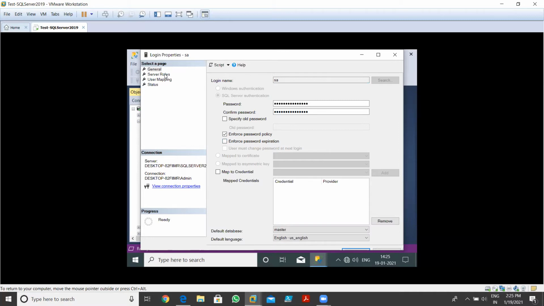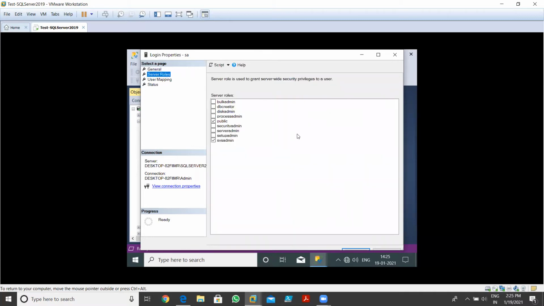Next we have the server roles option. In server roles, this is a permission. You can select user privileges, what permissions a user has. By default it has sysadmin permissions. Sysadmin means this user is able to access anything in the SQL Server. It's an admin, as you can see. If you check all these options, or only sysadmin, it's a similar thing.